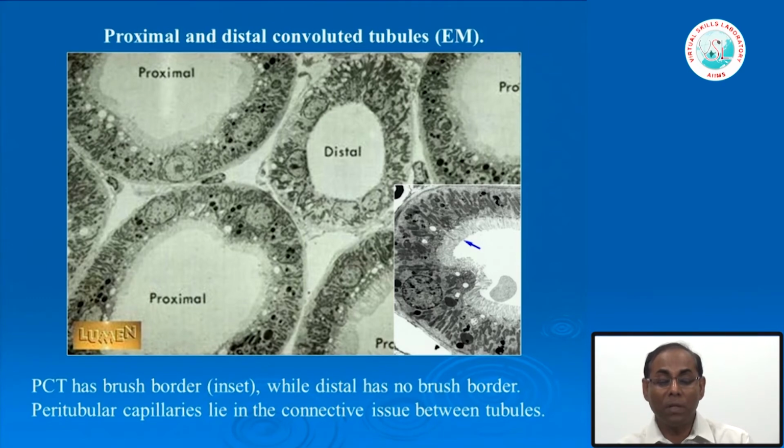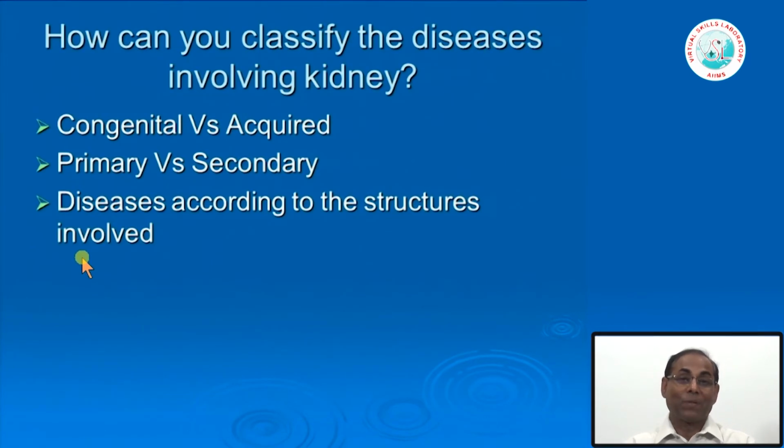Now coming to the tubular system, we have two types of tubules. One is the proximal tubules and the other is the distal tubules, which I have shown to you. Proximal tubules have a large amount of surface to absorb a lot of molecules, proteins and other moieties. That's why they have the brush border, while distal tubules do not have a brush border, and obviously in between the tubules you have these peritubular capillaries. Okay, so that, I think, summarizes the structure of this kidney in relation to the functions which I have tried to explain. Now we enter into the diseases involving the kidney.